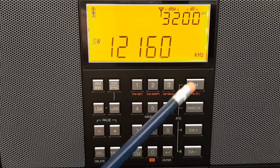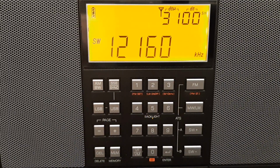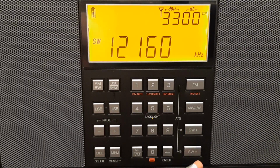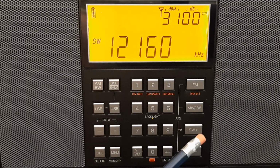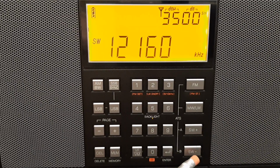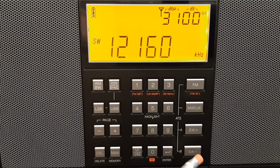Over here are the various bands. There's shortwave plus and shortwave minus, whether you want to select the next international shortwave band or the previous shortwave band. When I say band, I mean in meters. Also,